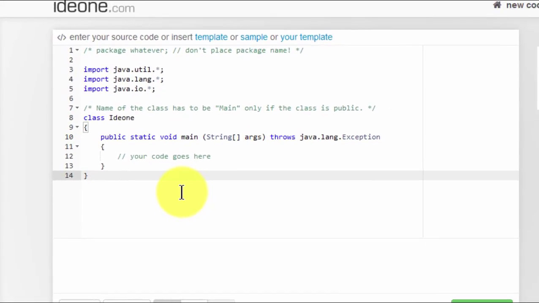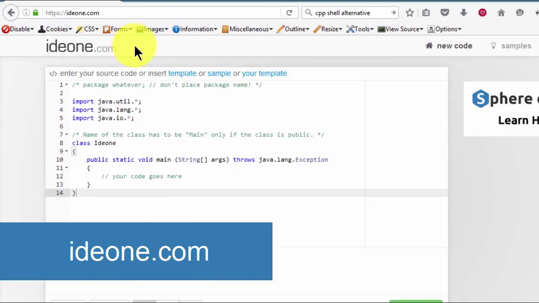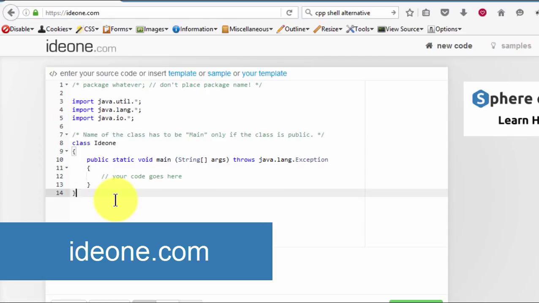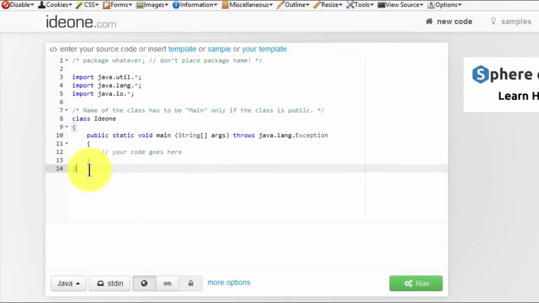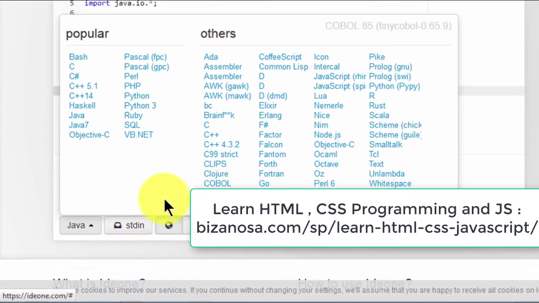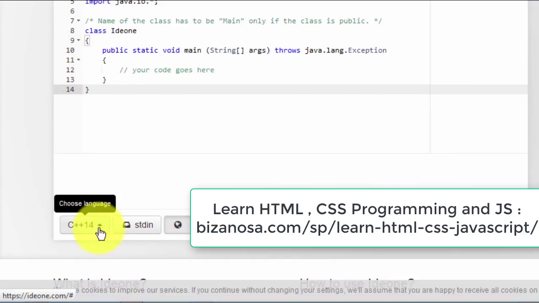I was experiencing some issues with cpp.sh, so I came to ideone.com to continue compiling and running my code online. I actually have a tool that does this. I use Dev C++ for this, but I just want to do this online so that I can make it accessible to anyone who would like to run the same thing I'm running without installing anything. So the good thing about Ideone is that it supports different languages, but I just want C++, so I'll just go with this C++ 14,